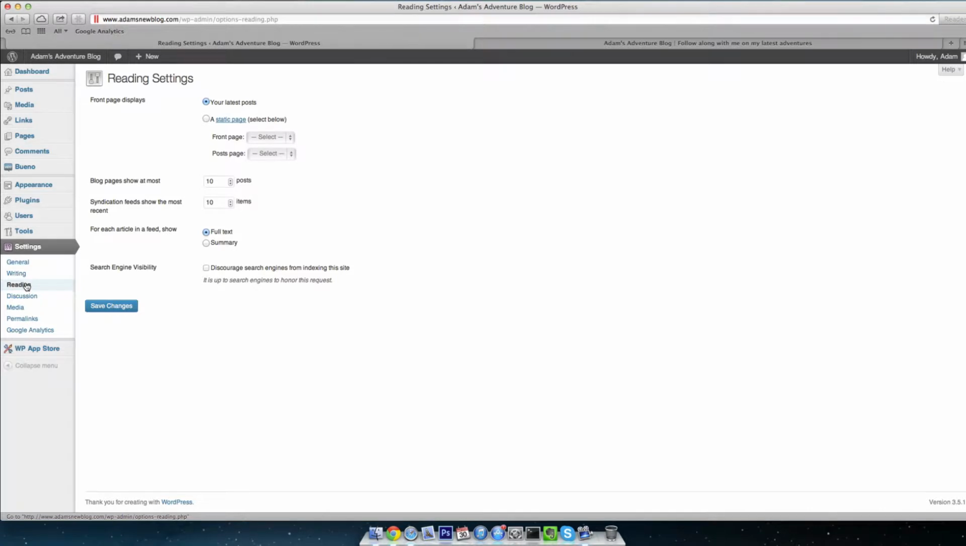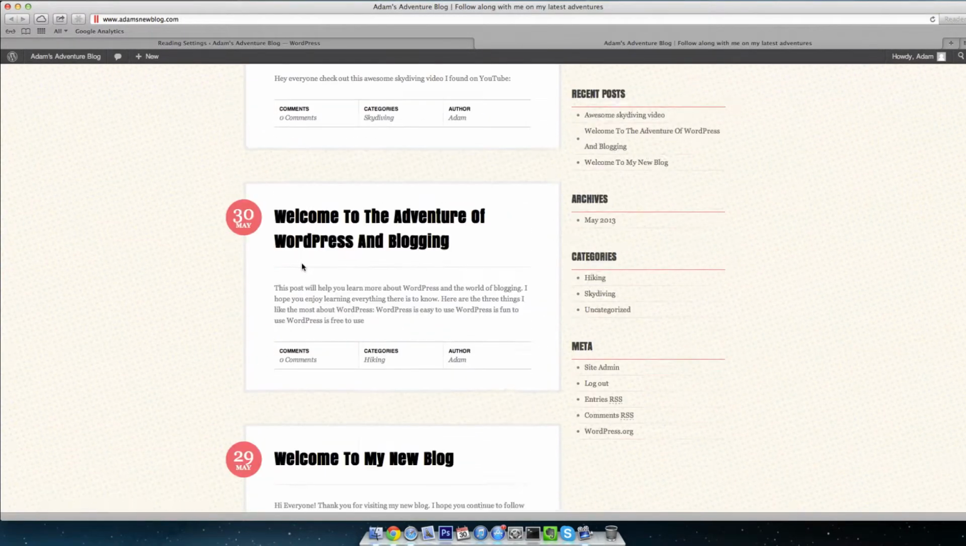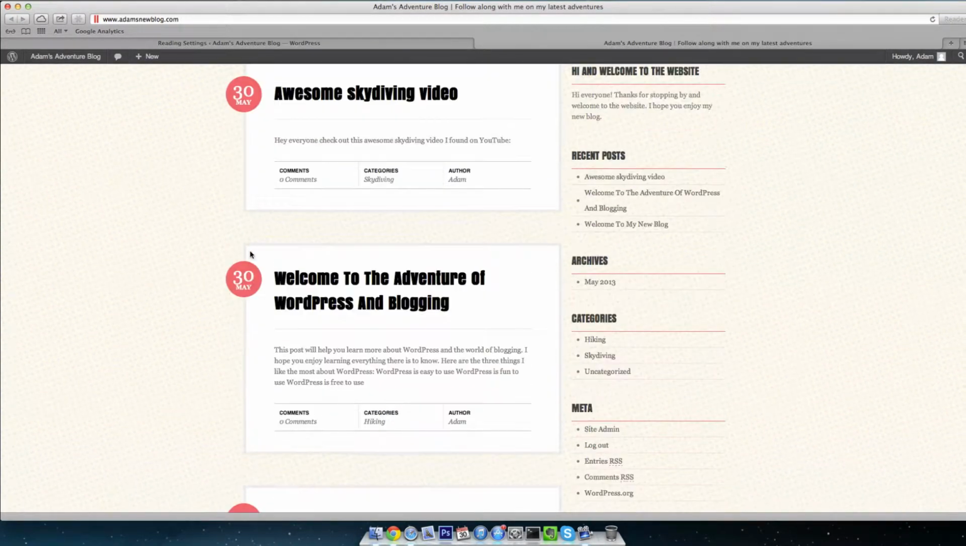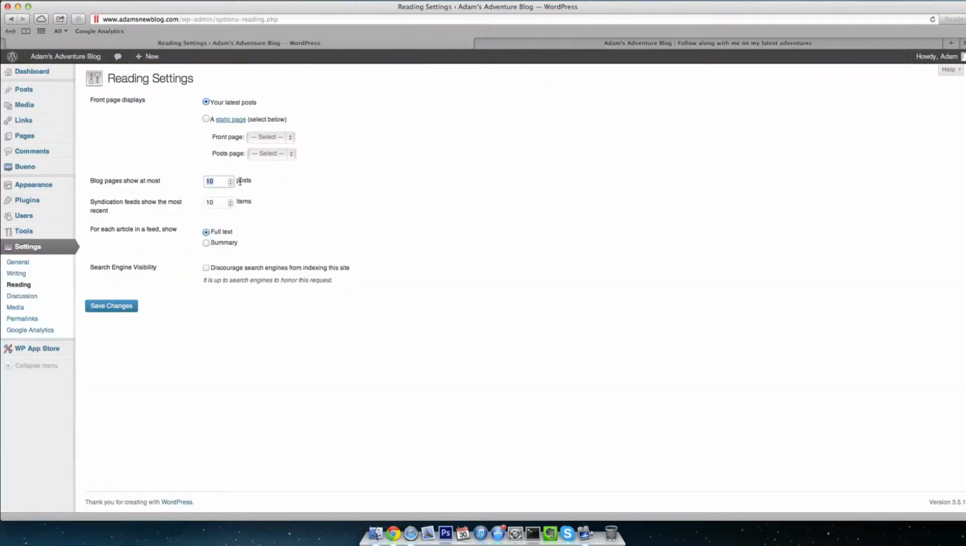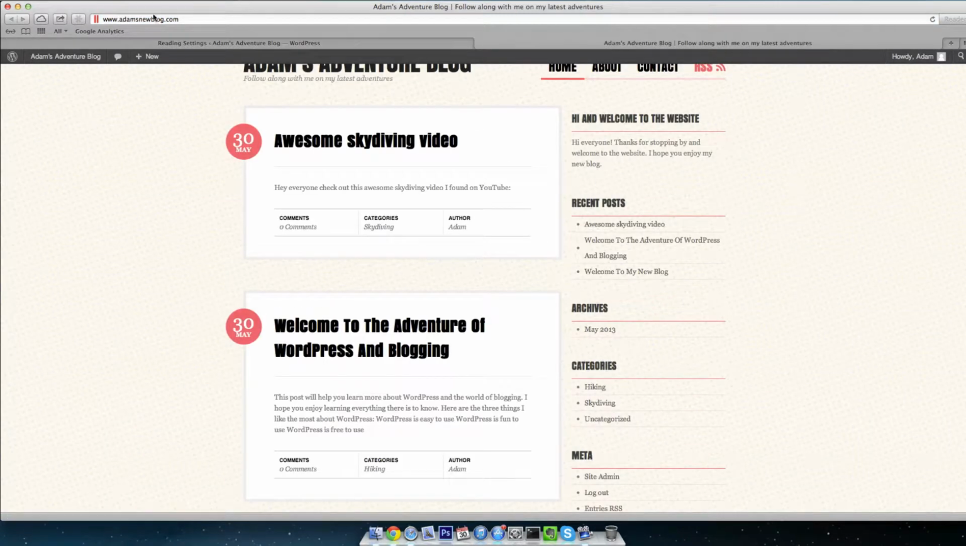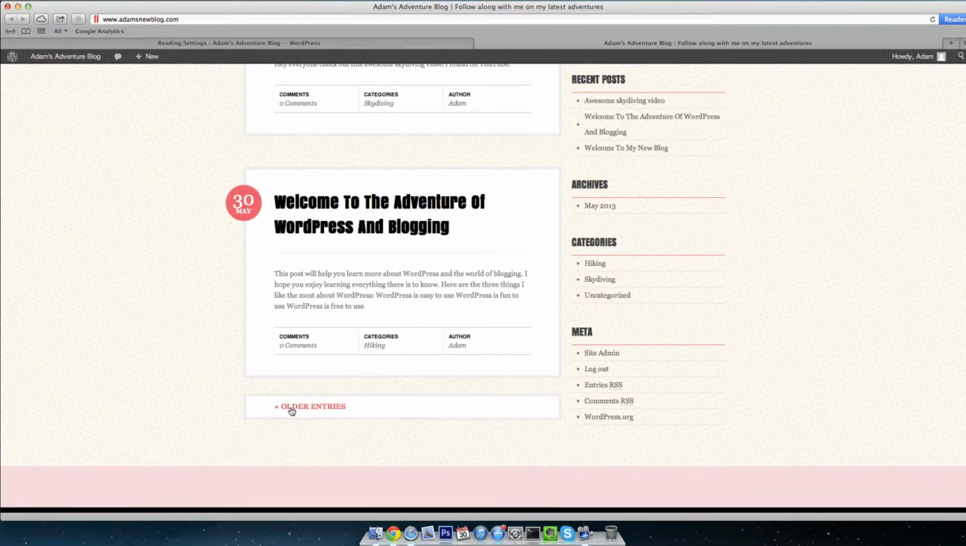And this is the one that we will make just a small change to. Now, as you can see on the blog, this says blog pages show at most 10 posts. So what that means, right now we only have 3 posts on our site. So if we change this number, let's change this to 2. Click Save Changes just to show you. Refresh this. So you'll notice only 2 posts are now on the home page, and you'll have an older entries